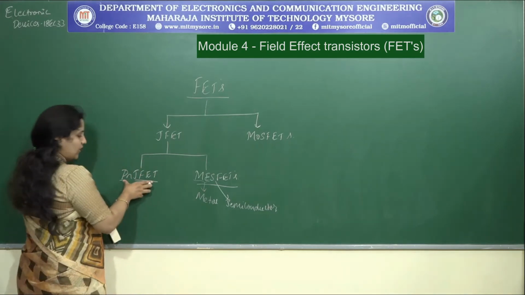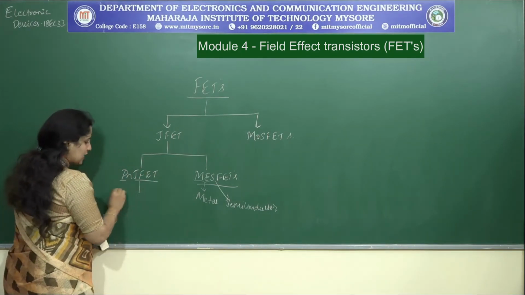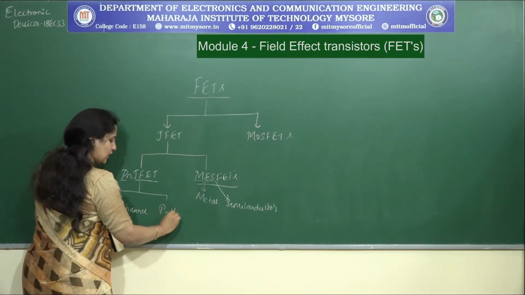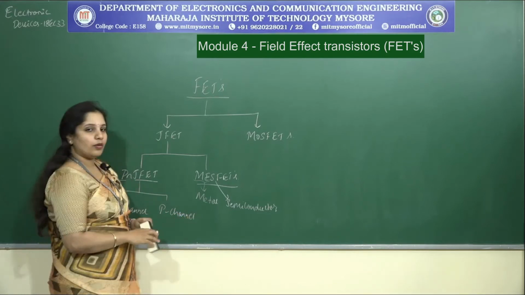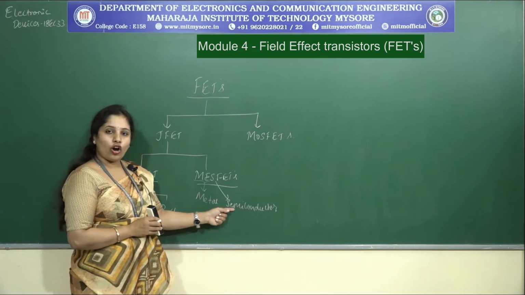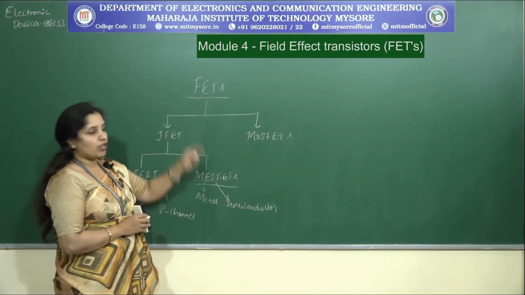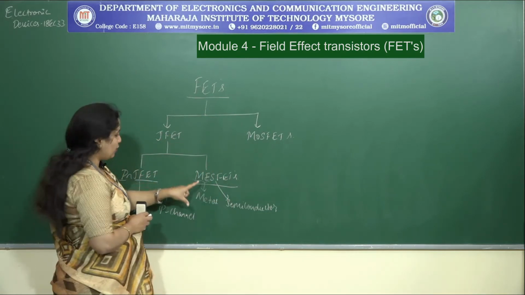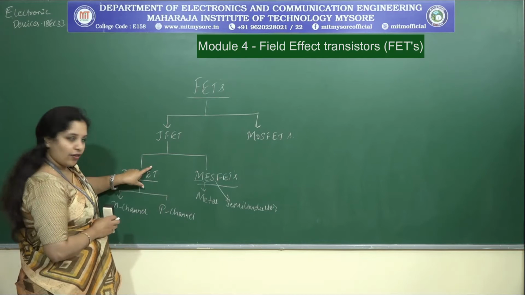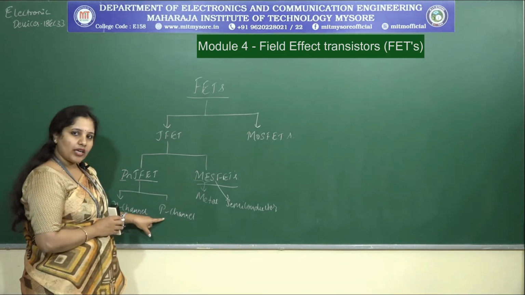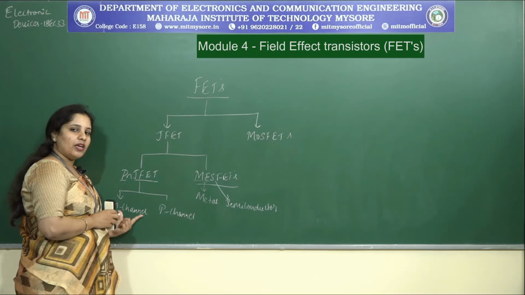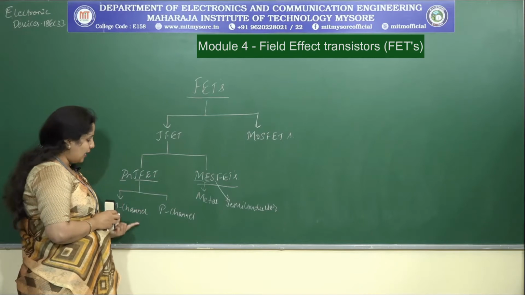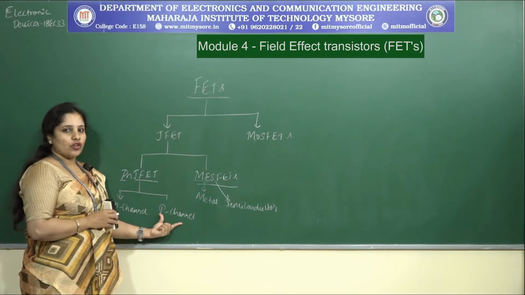Done? Now, this PN-JFET is again classified into two types: one is of N channel and the other is of P channel. Again, in the MESFETs we have classifications, but we will not be looking into the MESFETs in this particular module 4, that is FETs, because it is out of the scope of the syllabus. Therefore, we will be discussing the PN-JFET, its construction and working details for any one of them. For example, we will consider the N channel, understand the constructional details and working principle, and try to decode how it is in case of P channel.